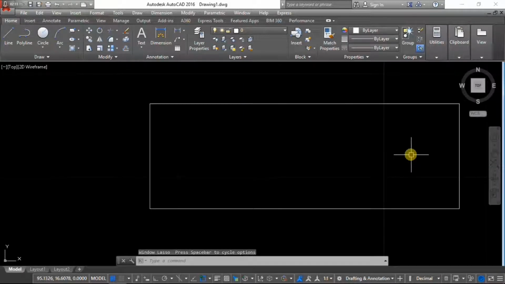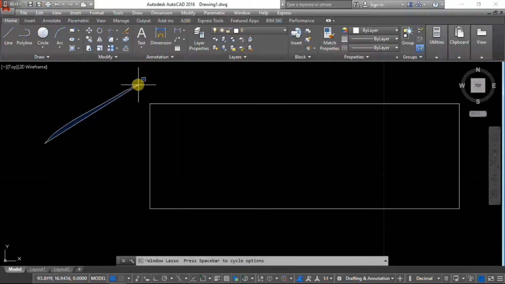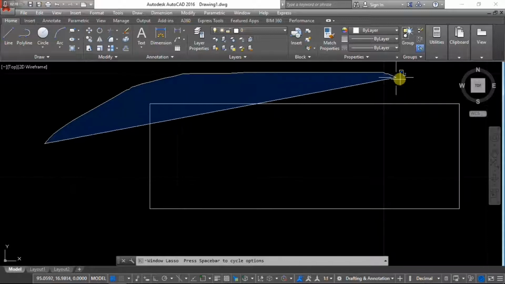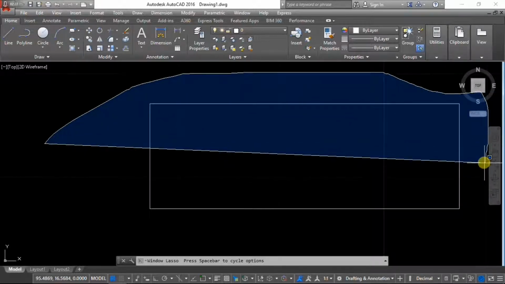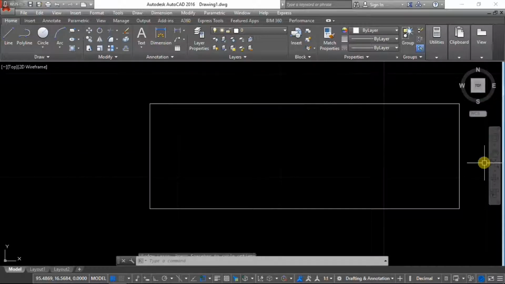Let's do this. See this rectangle. Now I want to select this rectangle and I'm trying to use window selection. See here. Click and move the cursor on the rectangle from left to right side, and here I am only selecting half the rectangle and release it. You can see there is no change in the selection of the object.